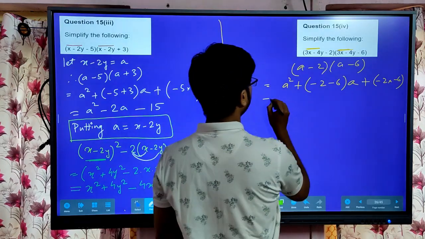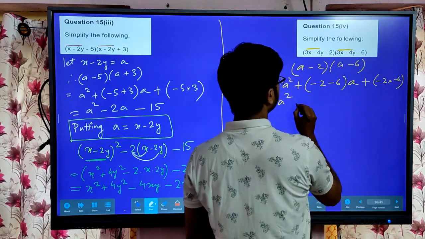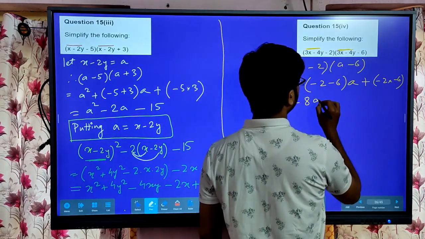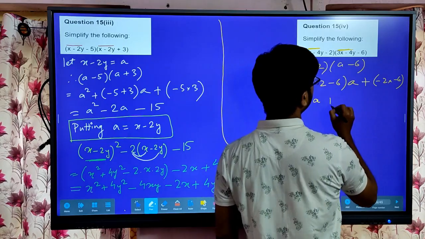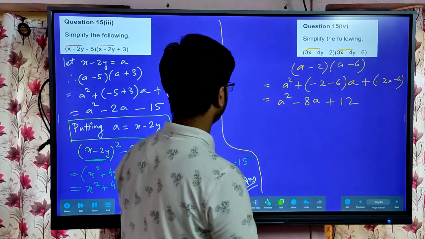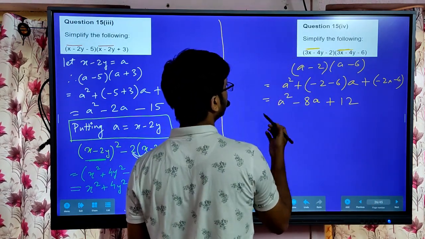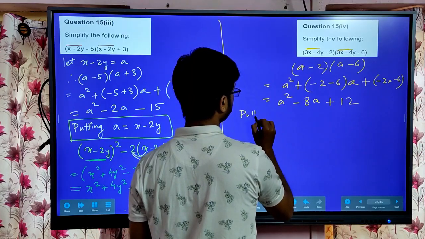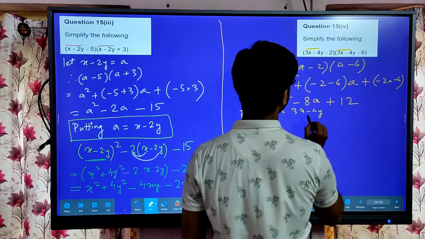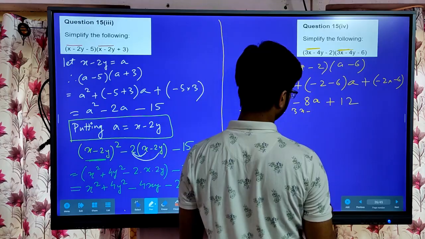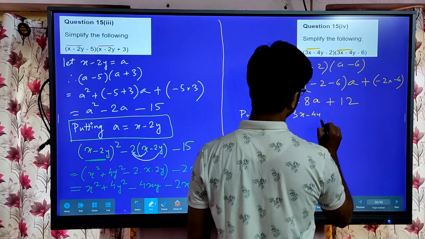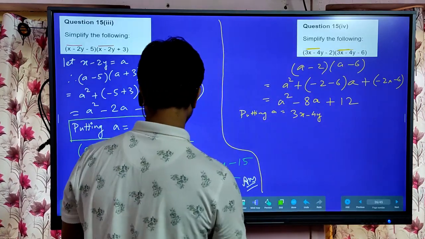So it will be a square, minus 2 minus 6 is minus 8a, plus 12. Putting a equal to 3x minus 4y,